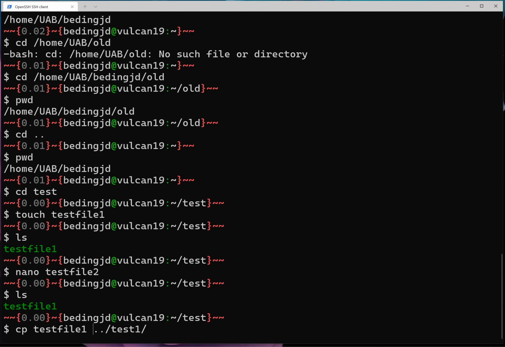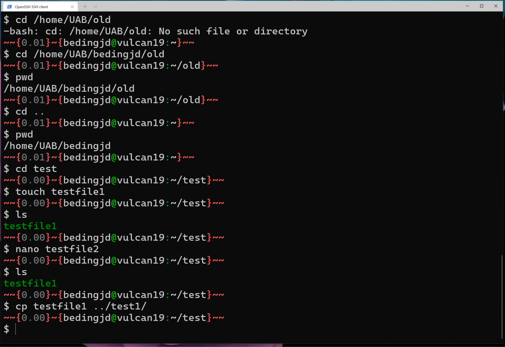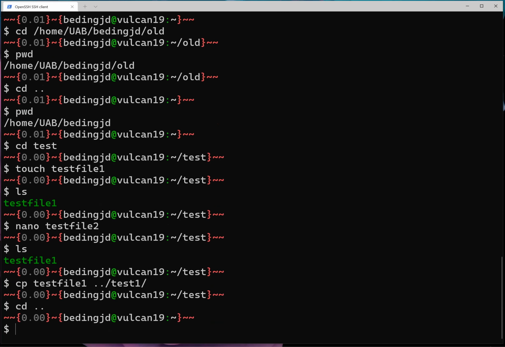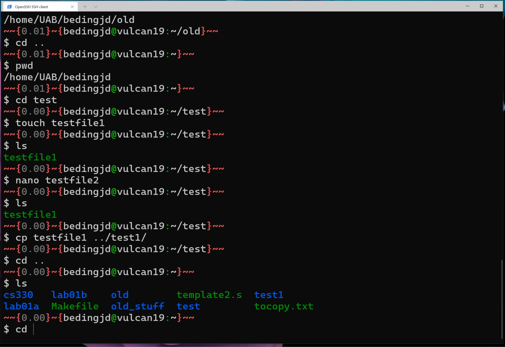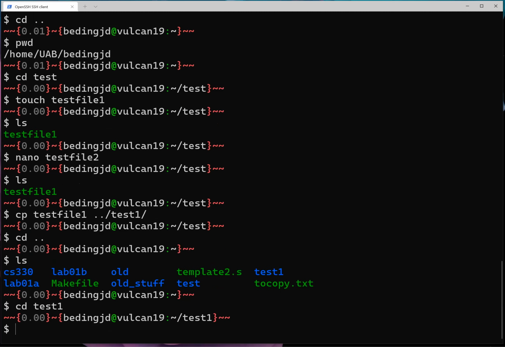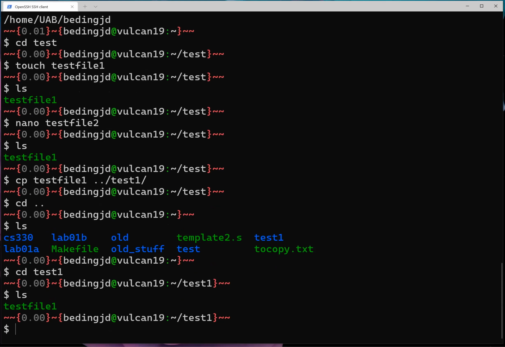So in my home folder, so that's the 2 dots, it means go up 1 level, and then put it in the test1 folder, and then the / just means put it there. I could rename it to something else if I wanted, new name, but I'm just going to keep it the same name, and I will copy that. So now if I go look in my test1 folder,